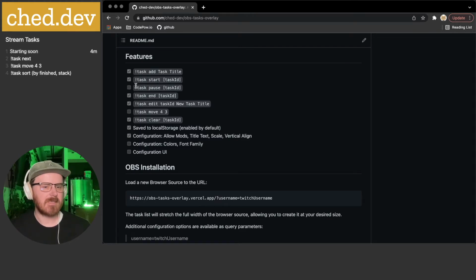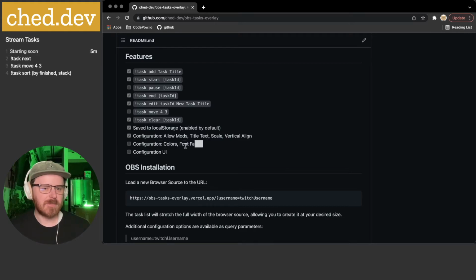Pause seems decently easy, but I think I'll have to implement some kind of time tracker per task. I don't know if I have that already. I just have a time tracker of when the timer started and stopped. I don't think it's tied to a specific task at the moment. But in the future, we want to